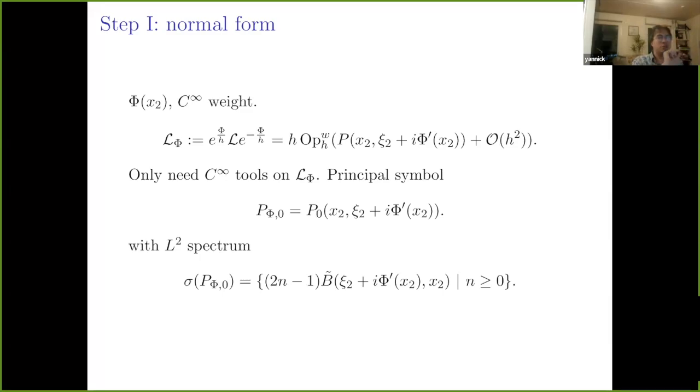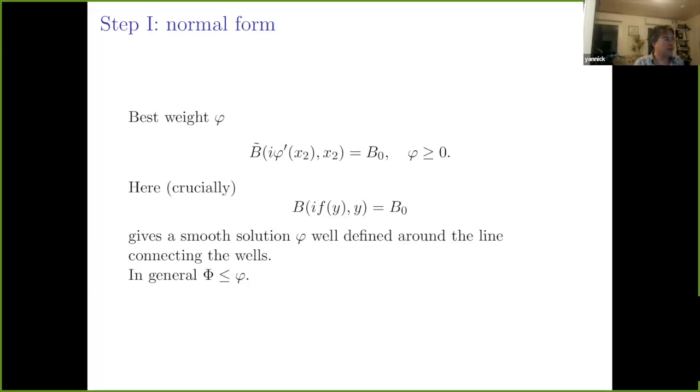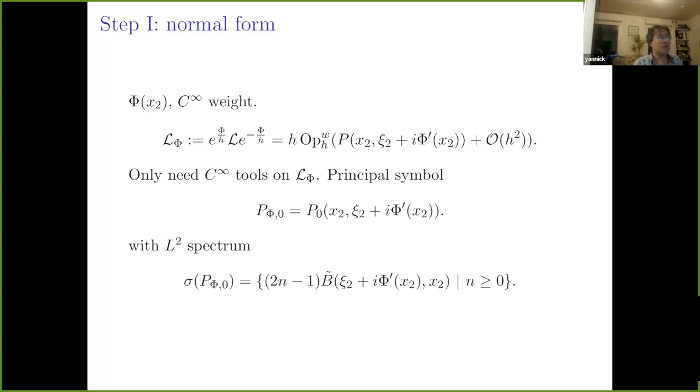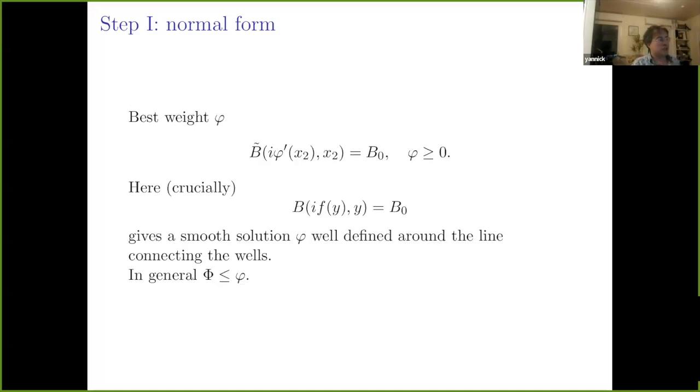But because we're looking only at the bottom of the spectrum, you can see that we're going to be only interested in the first eigenvalue of p0. Okay. Now, you see here, this thing depends on the weight, capital phi, and we want to understand exactly what happens at the level b0. So we're going to take the phi so that b tilde of all these things equals b0 at the largest space possible. And the choice that gives you this is taking a weight which takes b tilde to be equal to b0. And then psi2 equals 0 will be your new characteristic manifold,